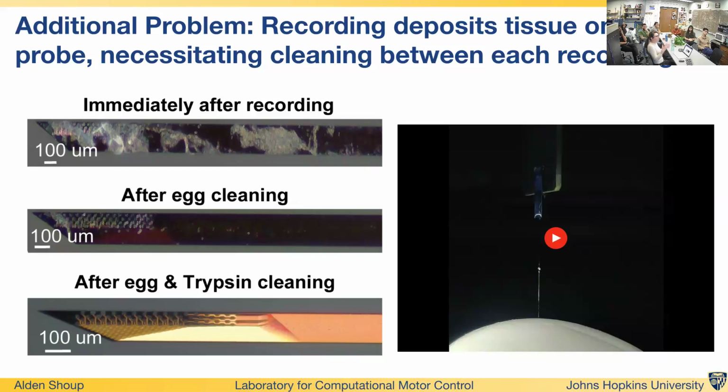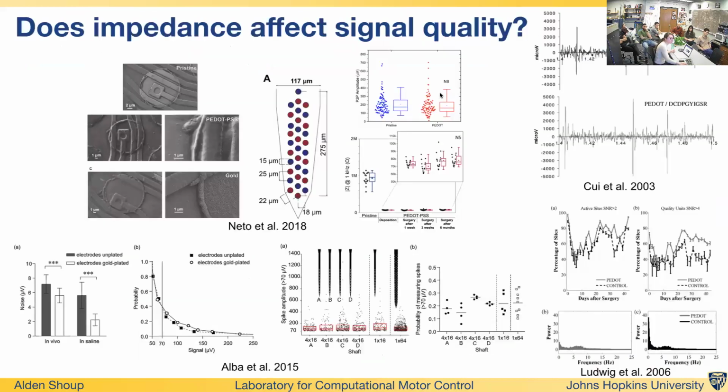And there was no other way to do this because these probes are so fragile that if you try to use tweezers or you try to do it in any other way, you're probably just going to break the probe. And we needed to do this because not only did you just see physical debris on it, and you don't want to put that back into the brain, but the debris blocks signal from getting to the contacts. So your signals would be worse if your contacts were covered in this debris. And in addition to that, we always penetrate here. I'll go back to this